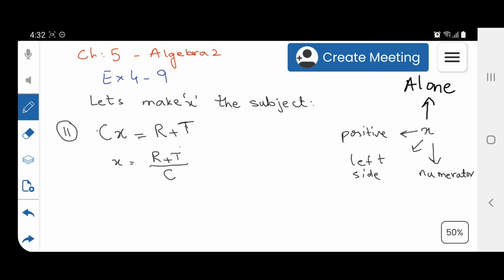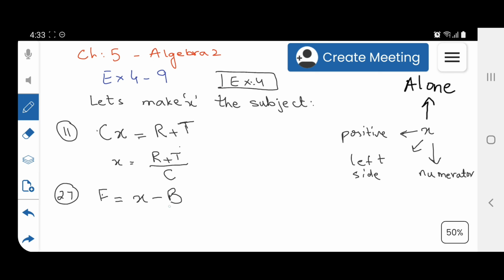Let's take another example. I am taking these questions from exercise number 4. Now question number 26 is f equals x minus b. Again, our task is to take x on the left side, and it should be positive also. Here it's already positive, so let's start by moving this b to the other side. We have 2 more variables, that is f and b.